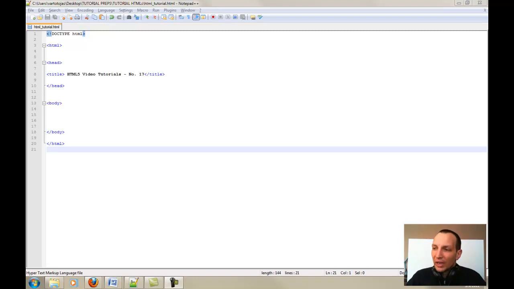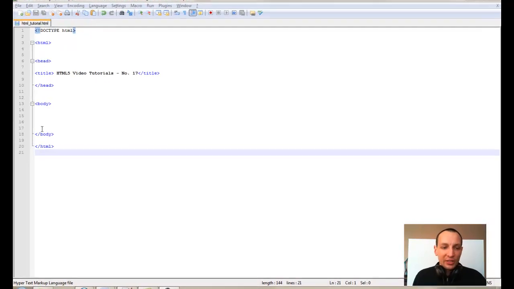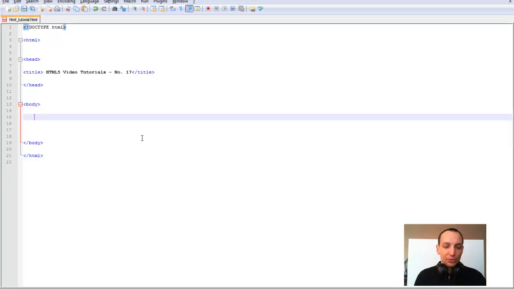Now note guys that I'm introducing you not to all of the tags, but mainly to the ones that are most important and that are compatible with all major browsers. Because not all of the tags yet in HTML5 are upgraded, and not all of them are yet supported by all web browsers. So now guys, one of the first tags that I want to introduce you to today is